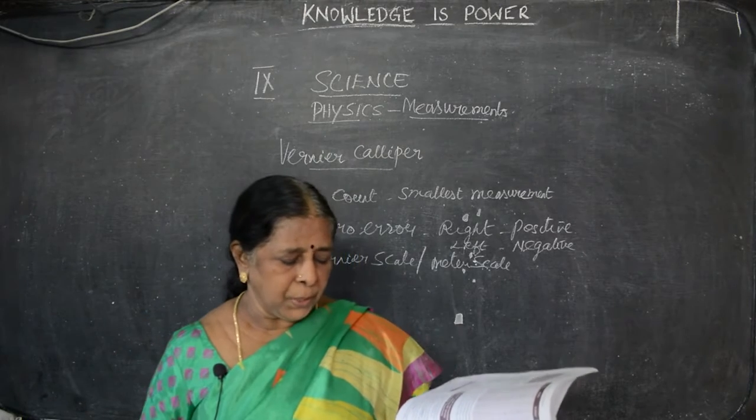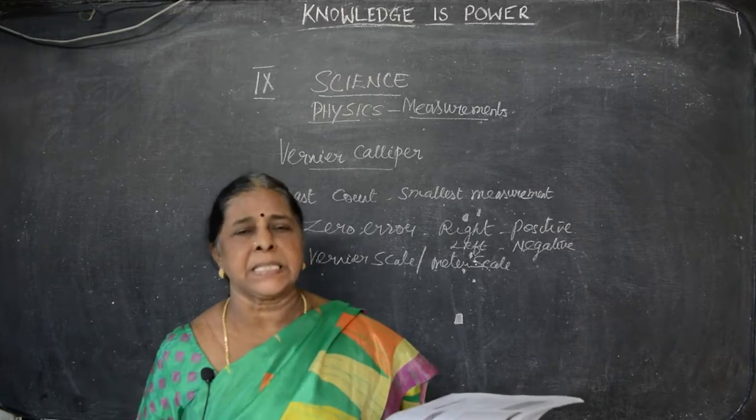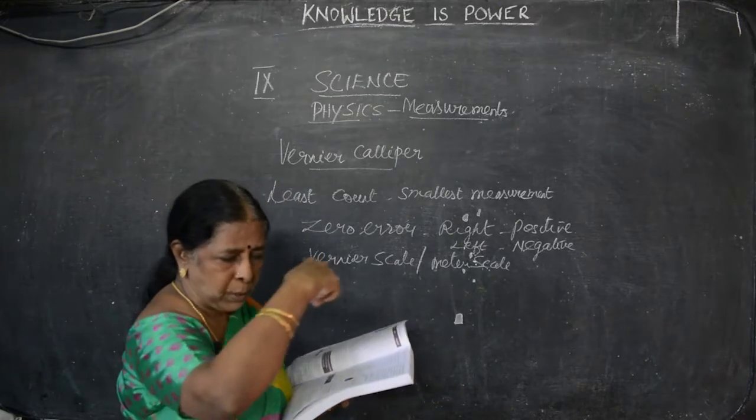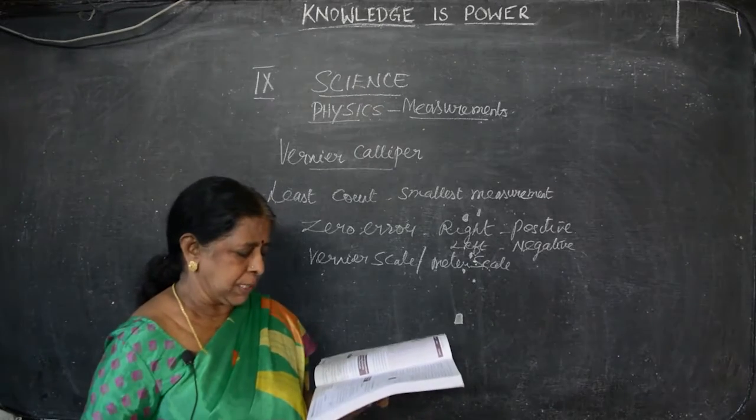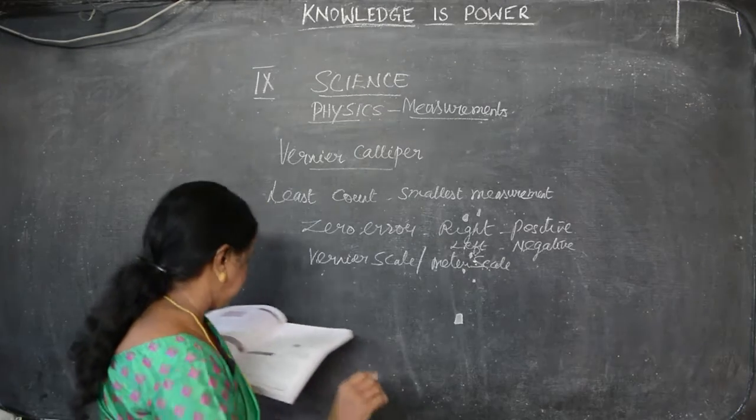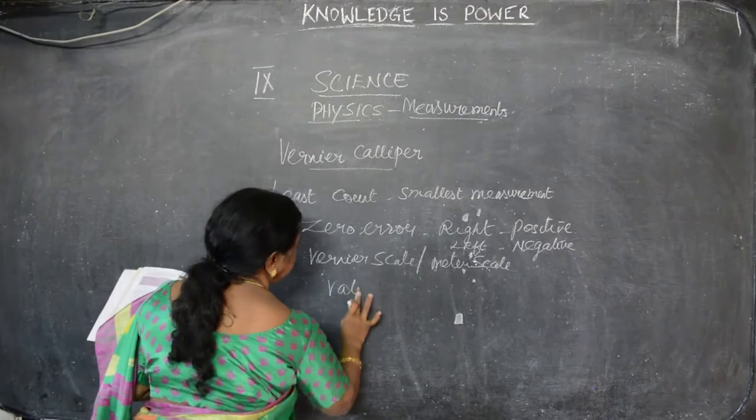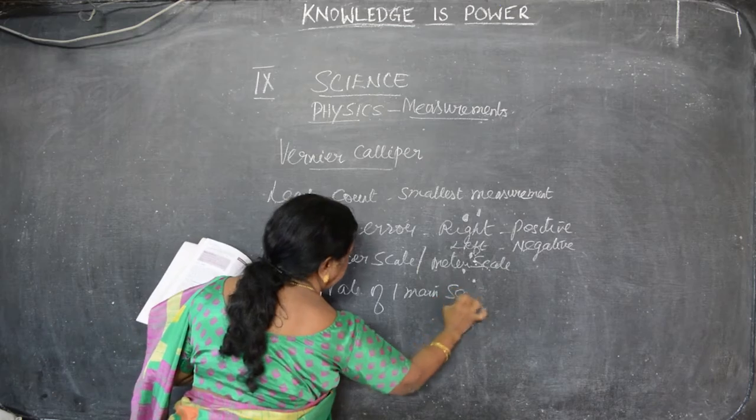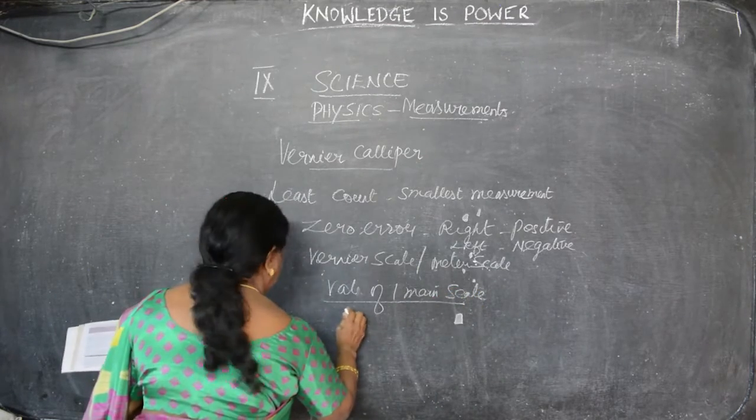Okay. So what you have to see? Value of one main scale division, total number of vernier scale divisions. Both of these you have to see. So we can find out the least count is equal to the value of one main scale division, then the total number of